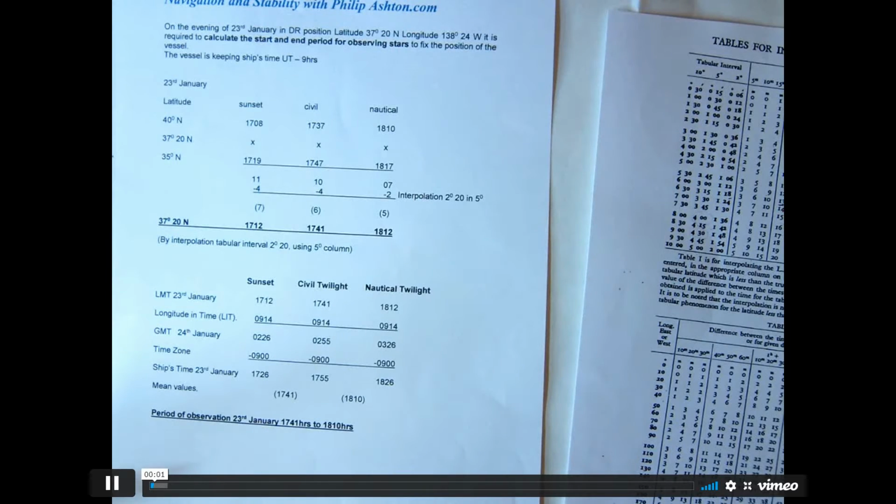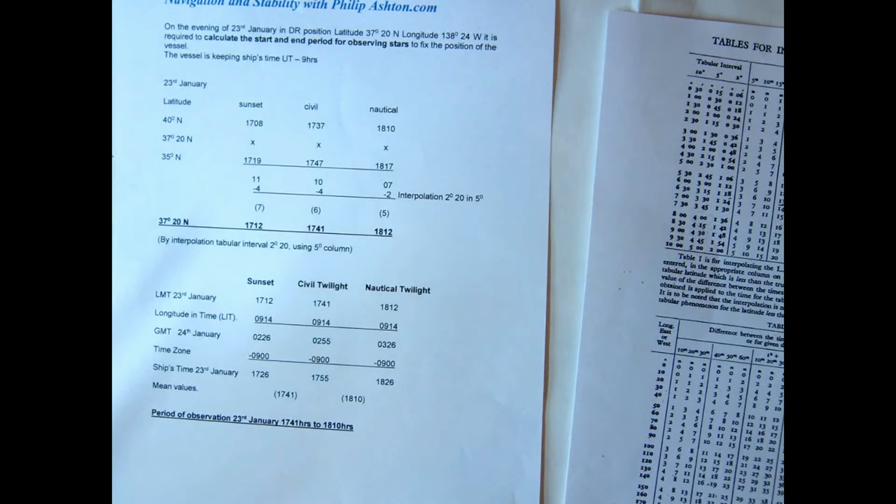Okay, we're going to look at calculating the start and end period for observing stars. Our ship's keeping universal time minus 9 hours. It is the evening of the 23rd of January, and we're given our DR position. So we go in the tables, 23rd of January, and we find between latitude 35 and 40 north our latitude